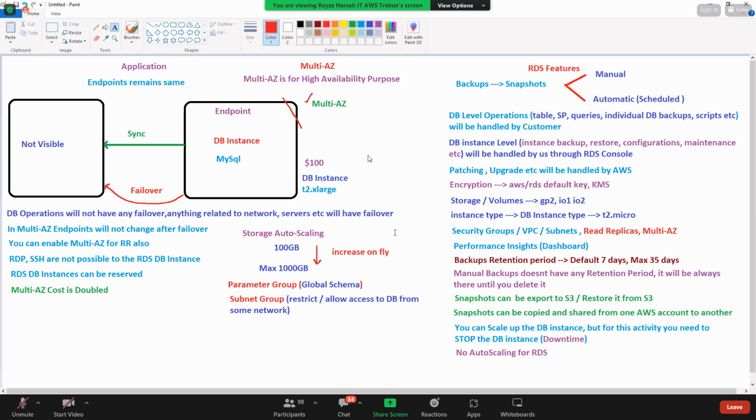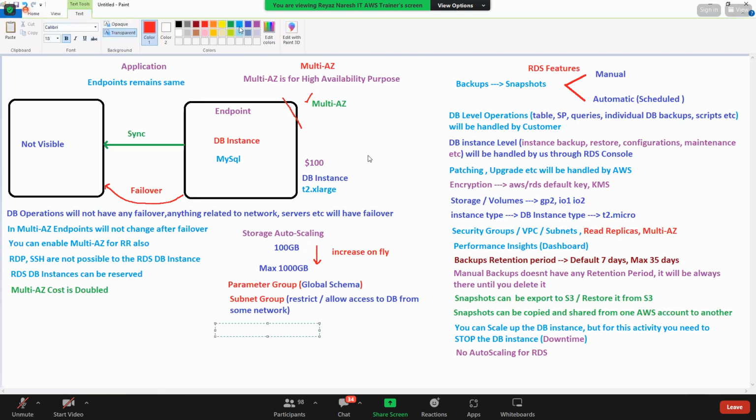So what is the AWS proprietary engine? Aurora. Aurora is from AWS. Who is the owner of Aurora?